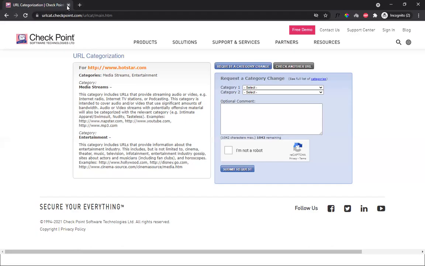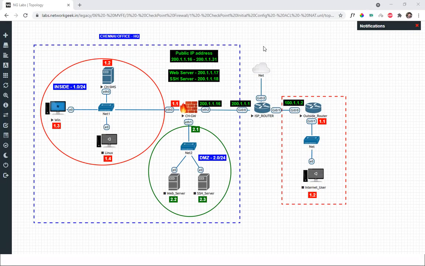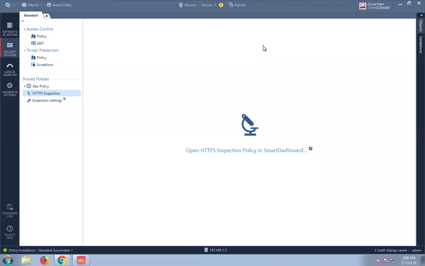Okay, so you can give a URL and check the category. We did this already in Palo Alto, so you have the same thing there. In Checkpoint also, you have the same thing. Okay, so let's go and